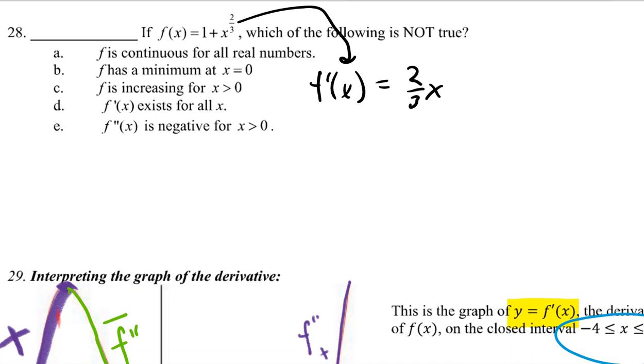So derivative of a constant is 0. This part, power rule. Okay, you okay with the derivative? So I know that the derivative,